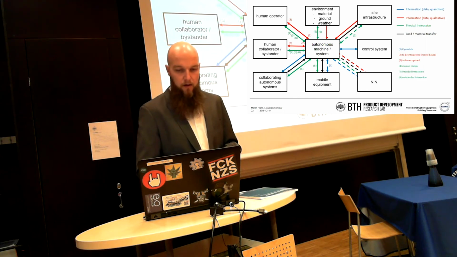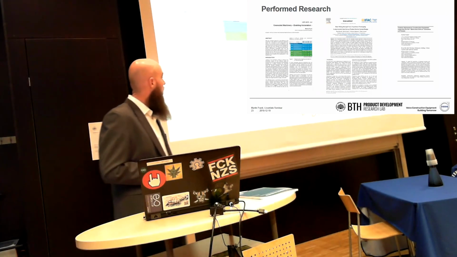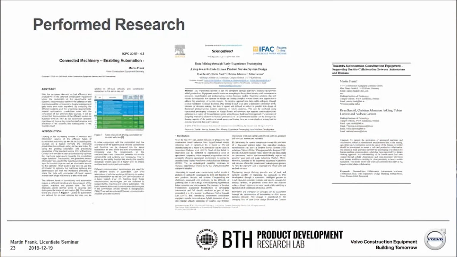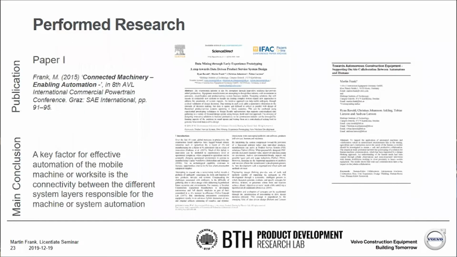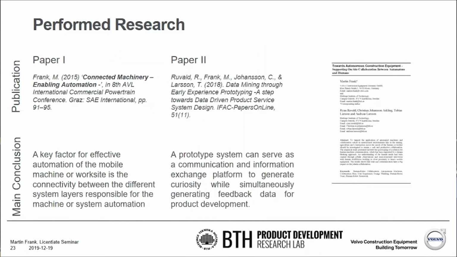So in the next step, I would like to show you what I did in the performed research, and briefly describe what the key finding was in paper 1. A key factor in that paper was that the different connectivity throughout the different layers, on the machine level but also to the control level, is key for enabling automation. The second paper deals with a prototyping system that can be used as a prototyping communication tool, but also to